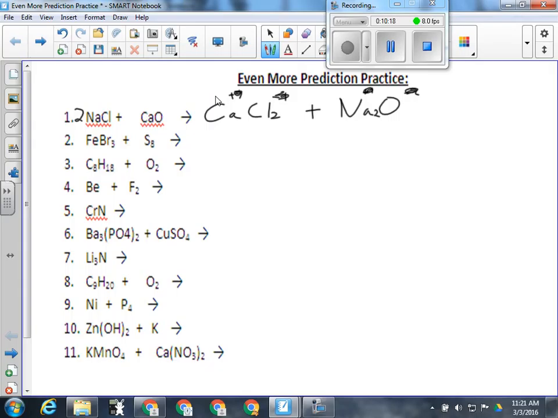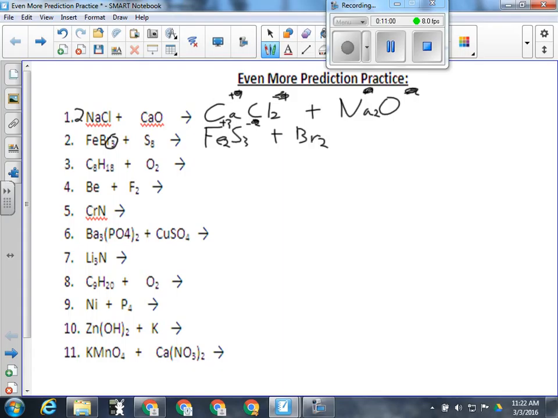Okay. All right, number 2 is a little bit tricky because we got some big numbers in here, and it's a single replacement reaction. So first thing, it also involves a multivalent metal in iron. So this is a nonmetal, and bromine's a nonmetal, so they're going to switch places. So Fe is going to end up with sulfur, and bromine's going to end up by itself. Okay, bromine is special, so I got to put a 2 on it. And now I've got to drop and swap this compound here. This is a -2, and we found out on this side that iron's a +3, right? If we look at that. So that means I'm going to have